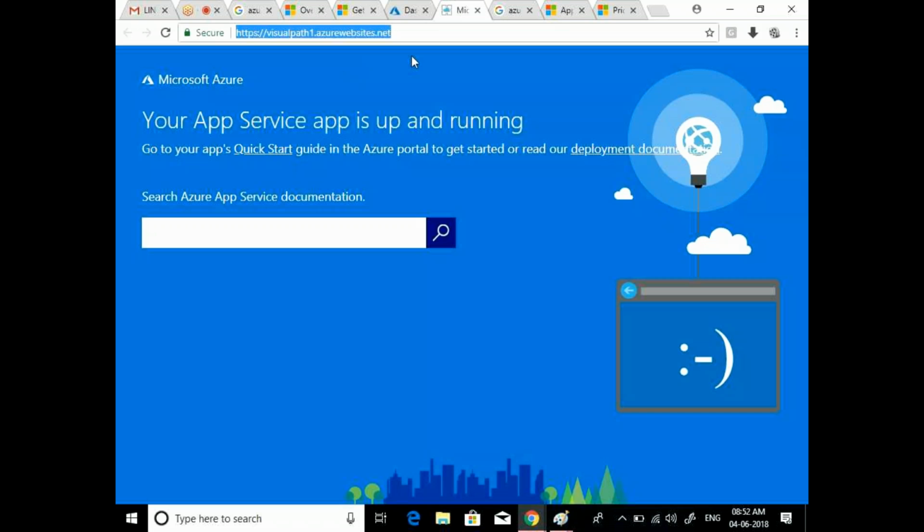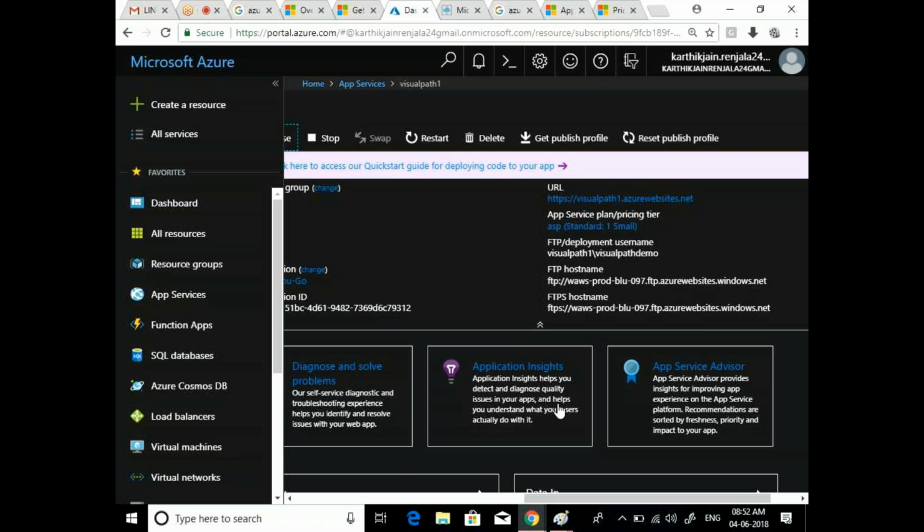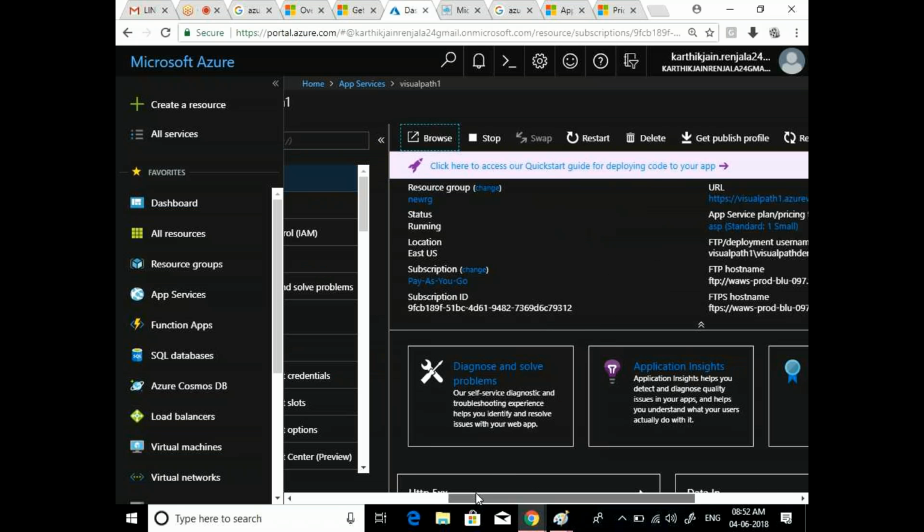Let's say whenever the developer wrote the code and they have just uploaded it into the site, whenever they are searching for the site, the site is not coming up. Then that is your responsibility. You need to fix this issue. How can you fix it? In tomorrow's session, we'll see that.